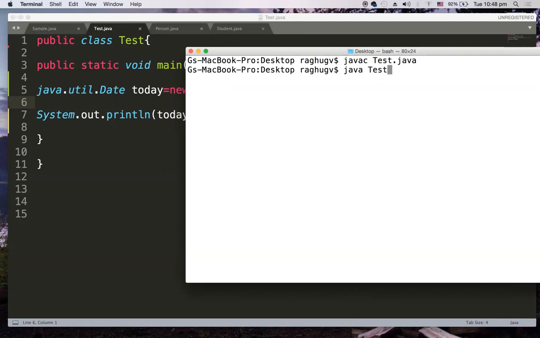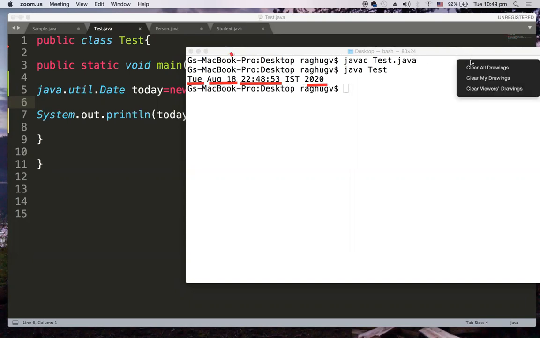Now if you see the output, it says Tuesday, August 18, 22:48:53, that is 22 hours 48 minutes 53 seconds IST, Indian Standard Time, year 2020. So this is how the date gets printed in Java with the help of the Date class.